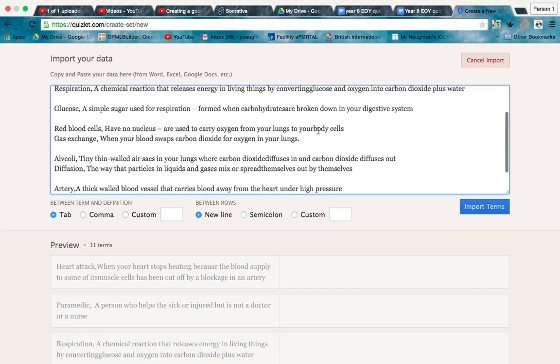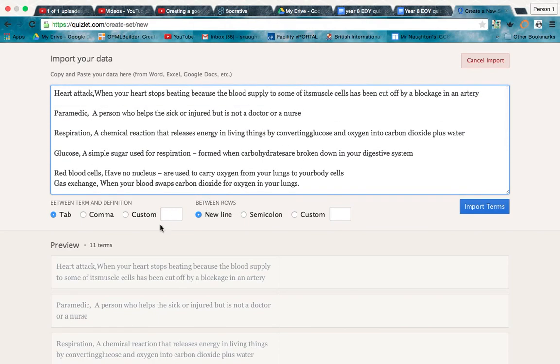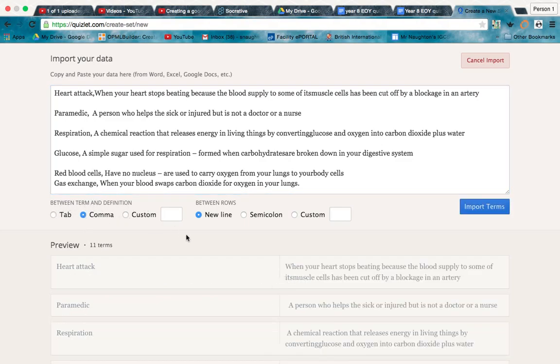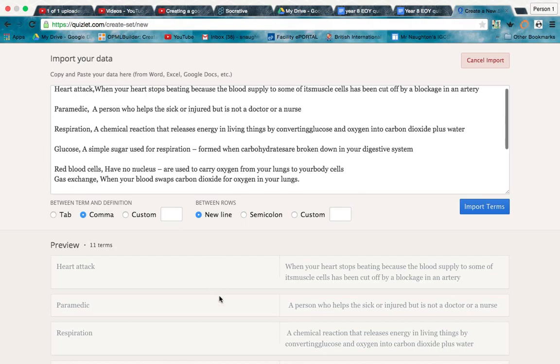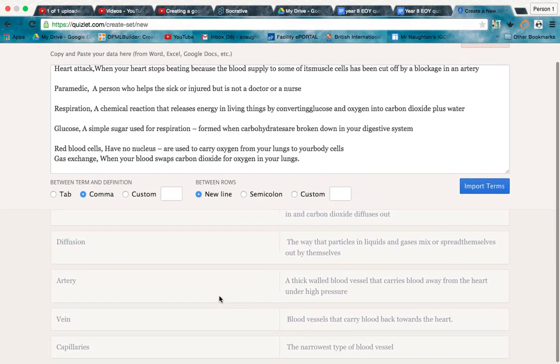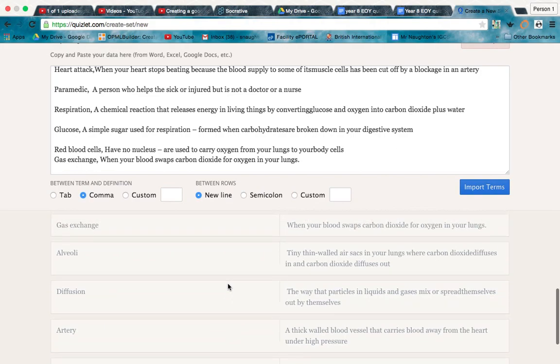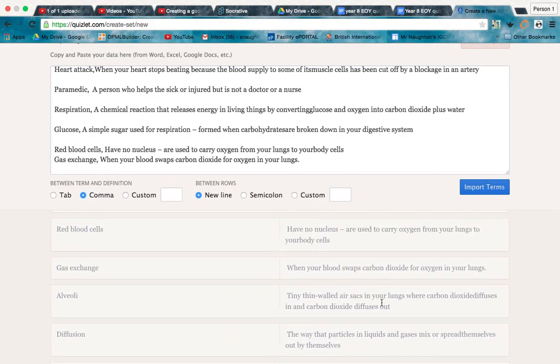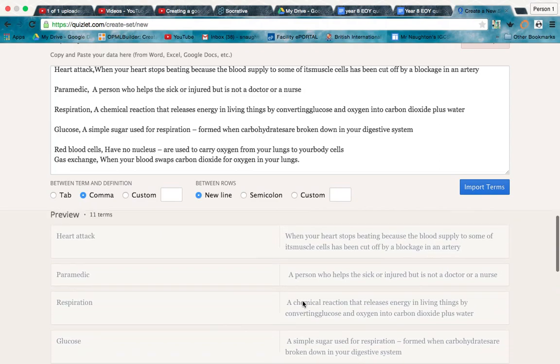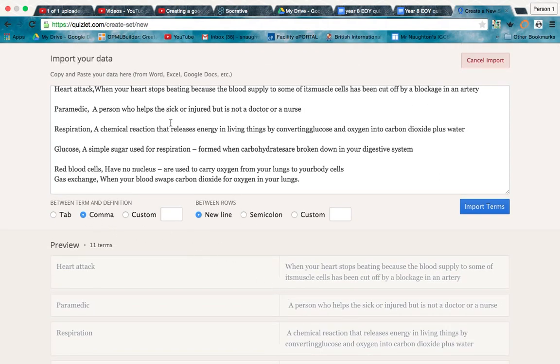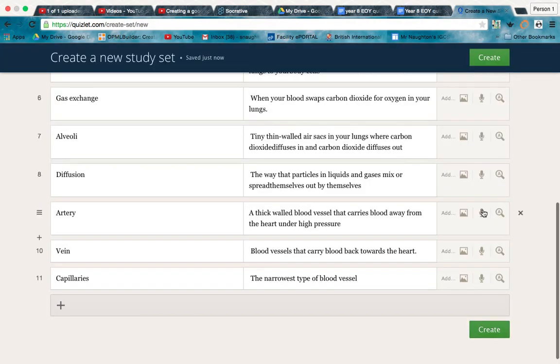into this box. Now you need to give Quizlet some instructions, but where it says between term and definition, if you select comma, it then knows that here's the word and here's the definition. So you need to check it and edit it, of course, but here it seems to have figured out alveoli, thin walled air sacs, so everything seems to be right there. As long as you have a system so Quizlet knows which one's the word and definition, it will accept them. So you import those terms,